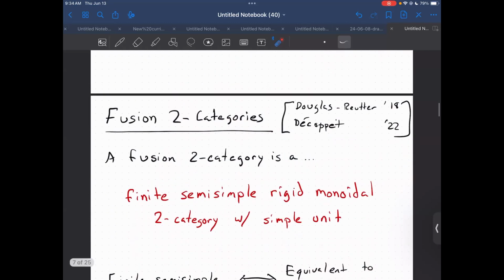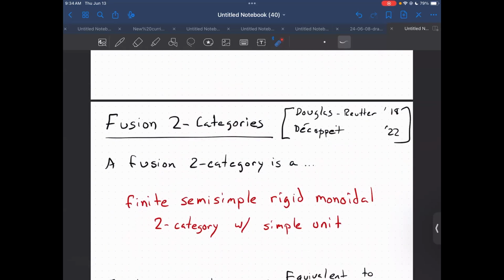elements. So getting the definition right for fusion 2 categories is actually a little tricky. What's written on the slide is the same set of adjectives that is used to describe a fusion 1 category. The difficulty here is in figuring out what the words finite semi-simple mean. And normally for 1 categories, we were able to determine what finite meant and then semi-simple. And for 2 categories, we only know those words together. So they're semi-simple and finite.